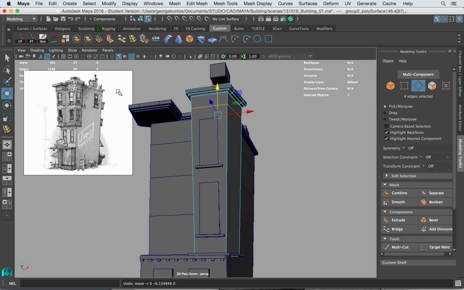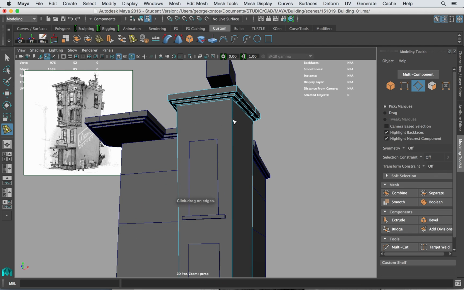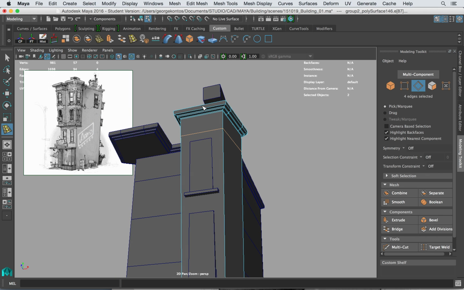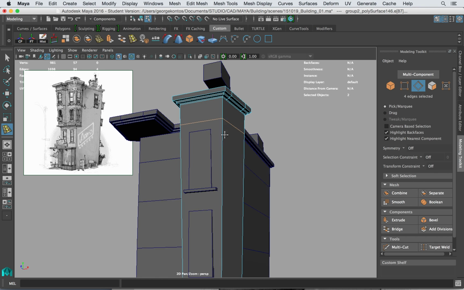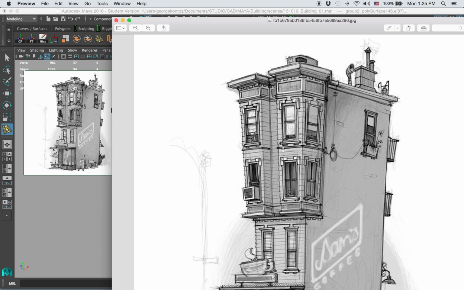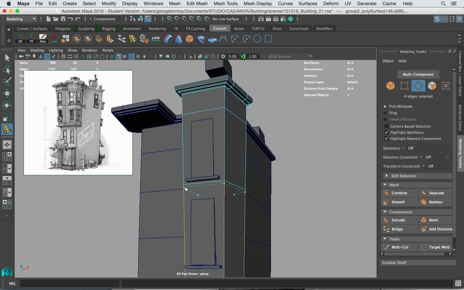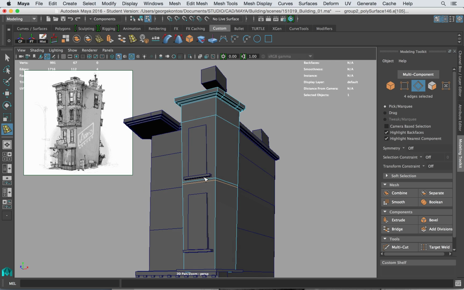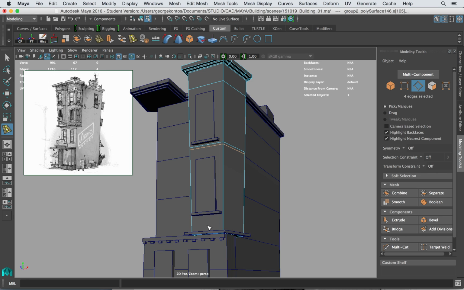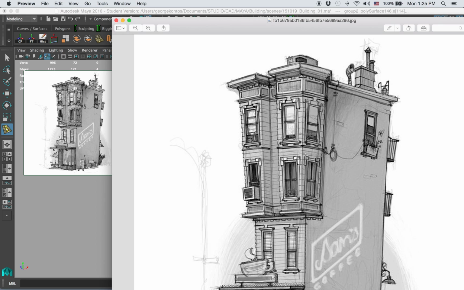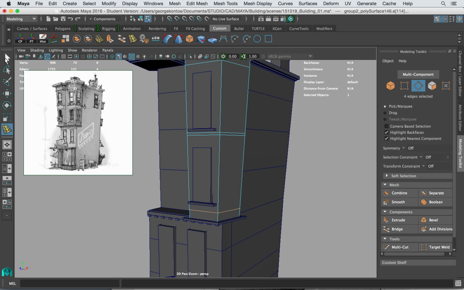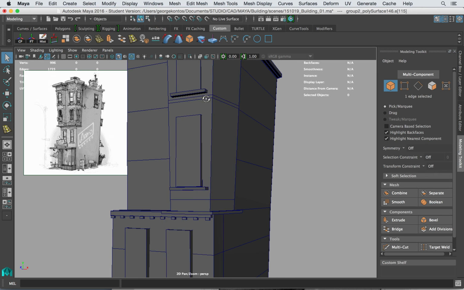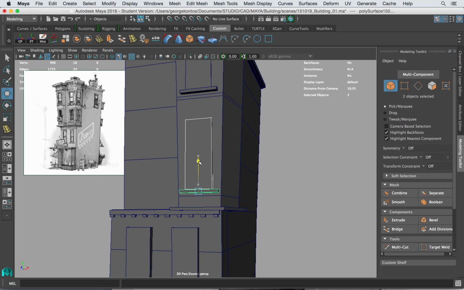So I'm going to go back and undo that. I'm going to go ahead and just do it one more time. There's a small area here underneath the ledge. There's some space, and then down here there's another very thin area. Now that is actually very close to that area. So maybe that was also a reason to move this down